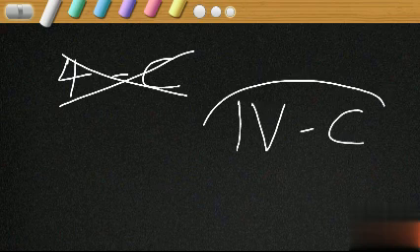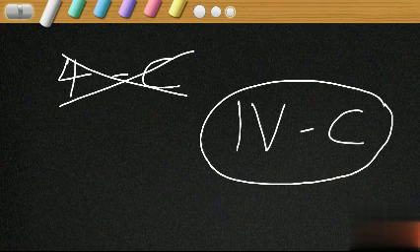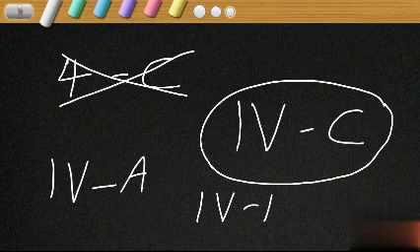Is it like this? If it is C, is this the way to write class 4C? No, we all know this is not the way. Then how do we usually write it? Class 4 is written how? Yeah, we all know: IV, C. This is how we write 4C, isn't it? If it is 4A, how do we write? IVA, IVB, like this, isn't it?